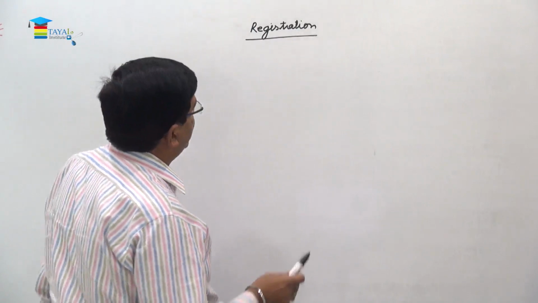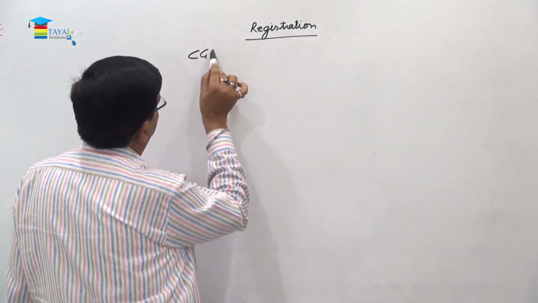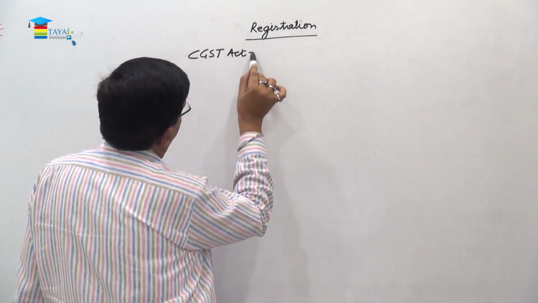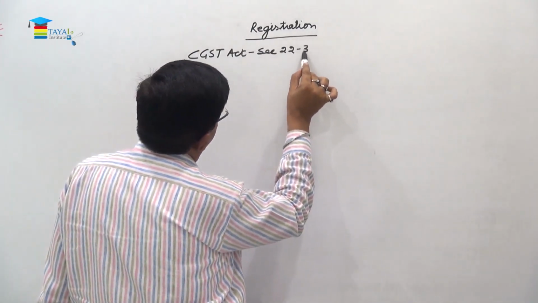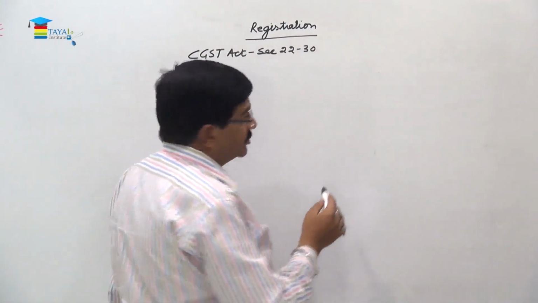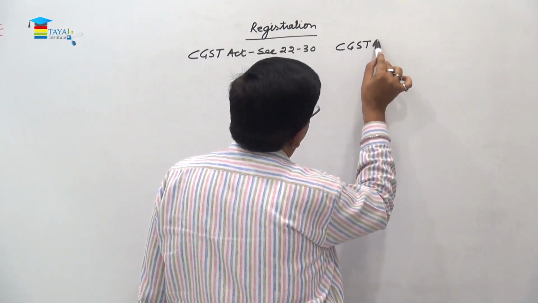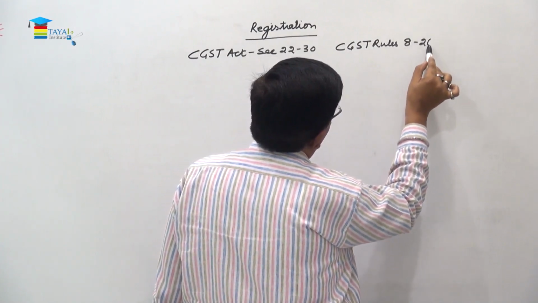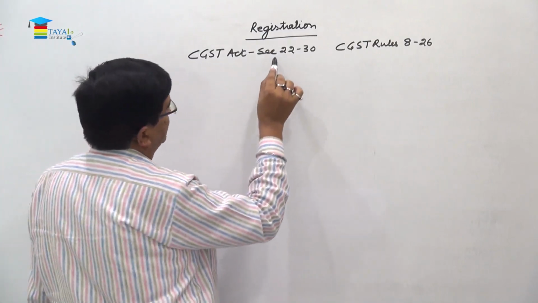Right? So in this chapter we have CGST Act. And in the Act we have section 22 to section 30. And then we have rules. Rules are CGST rules. These are rule number 8 to rule number 26. Right? As far as Act is concerned,